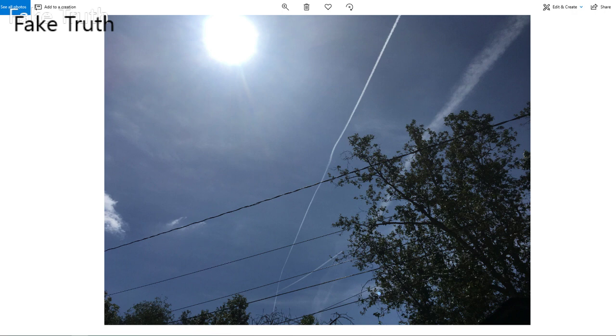What could possibly be the reason? I'm drawing a blank, basically. I can't really see any reason why. Flight paths are defined. Those are things that are set. Planes follow one after another. They come out of the airport and then go in a circle, and they're sort of like paths. At least that's what I'm thinking. I'm not exactly an airplane scientist, but that's what I assume. There's sort of roads, not roads, because it's the sky, but major thoroughfares and paths that planes go through. But not today.